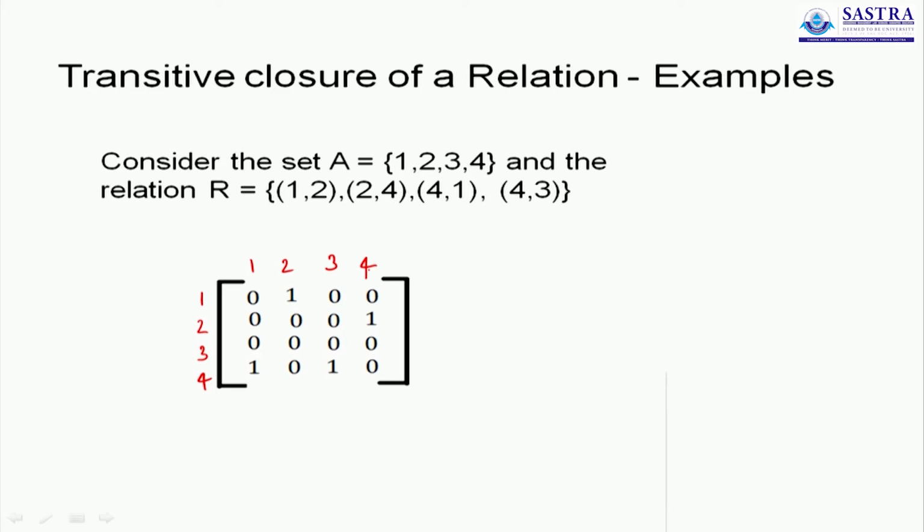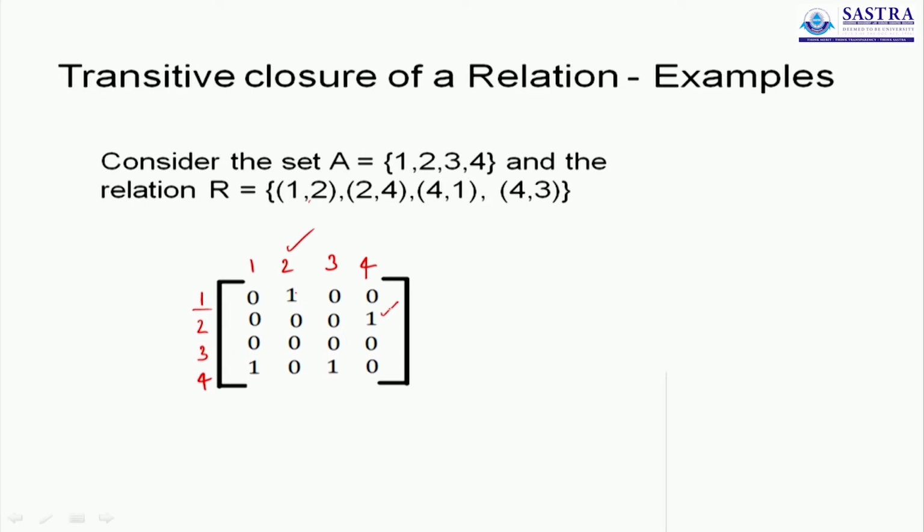So we have 1, 2 as an ordered pair, therefore row index 1 and column index 2 is a 1. No other element in the first row is a 1 because 1 is not paired up with any other element. We have 2, 4, which means row number 2 column number 4 is 1. There is no pair that starts with a 3, therefore the third row is full of zeros, and the last row has 2 1s in it because you have a 4, 1 and also you have a 4, 3. So row 4 column 1 and row 4 column 3 are 1s.